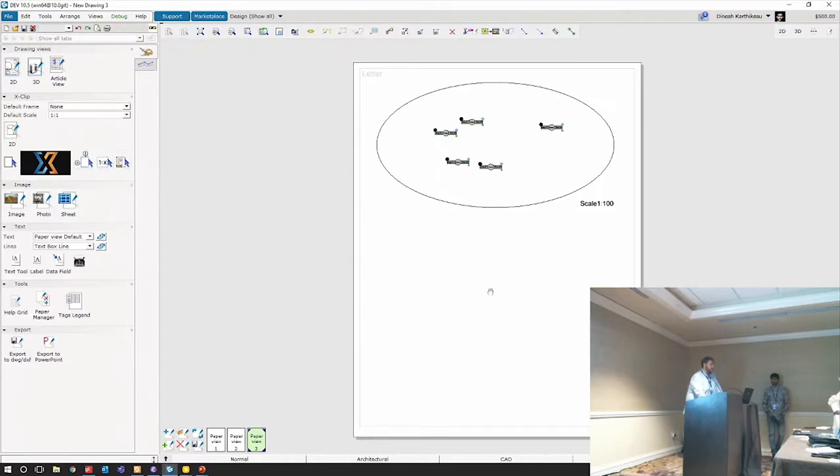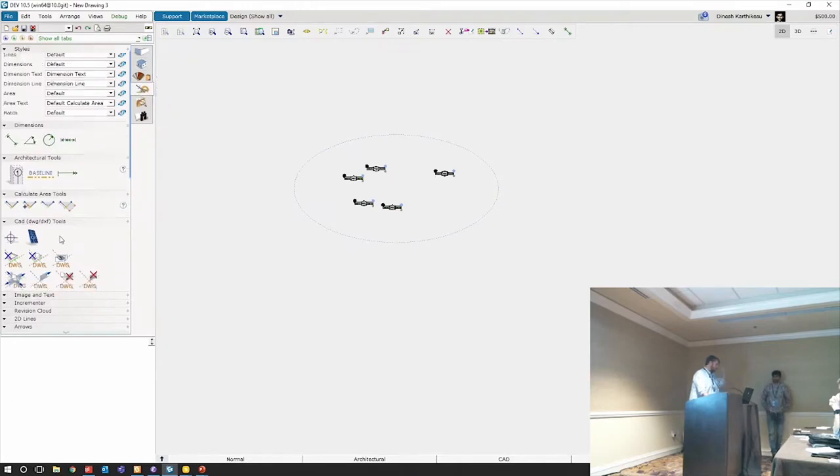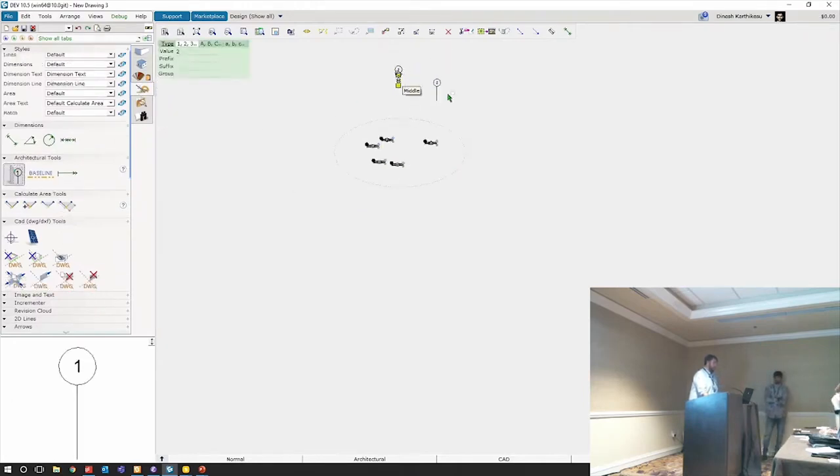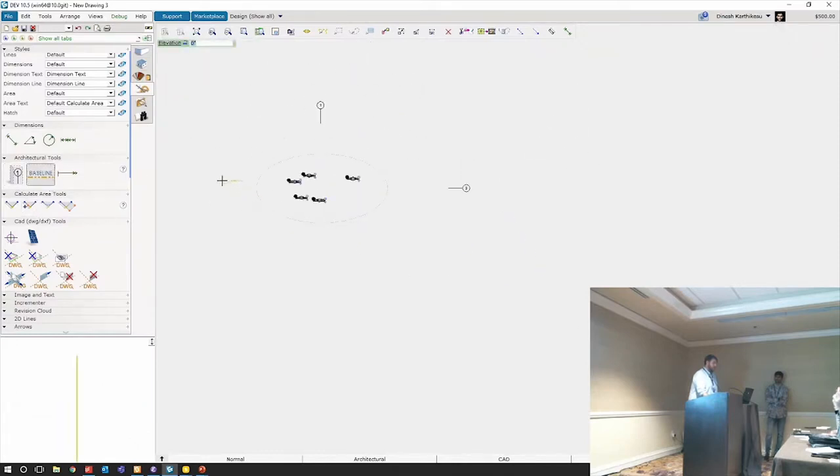Column balloons is also a new feature to this. So if we go back into the tools tab, we can place a couple of balloons. There. Also a baseline, something like this,